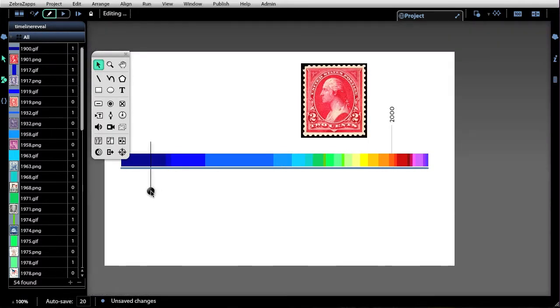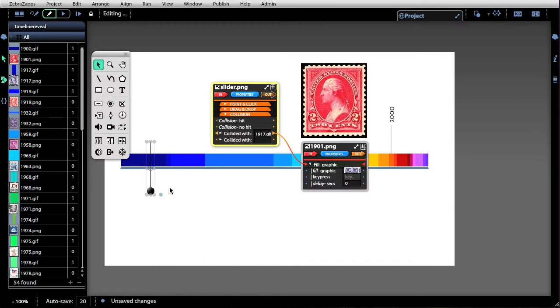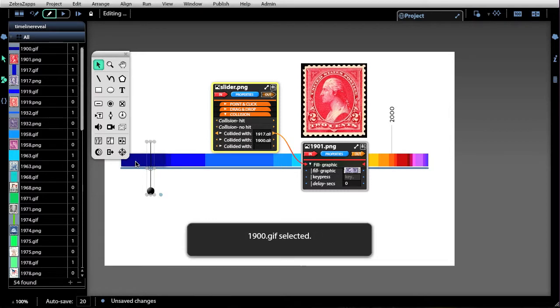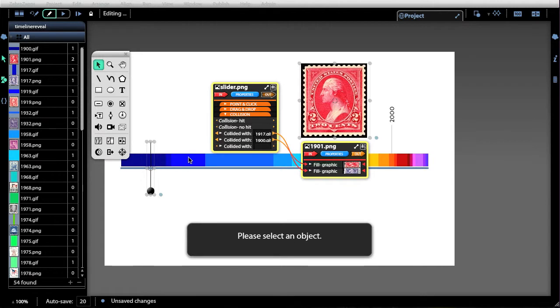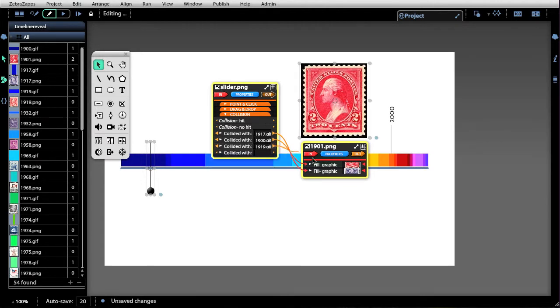So in order to do that additional switch, we need to go back and add another collided with, this time when it collides with 1900. And so we'll do the same thing. We're going to come over here and add a new fill graphic ribbon, and this time it takes the current value, so that's fine. So we just keep doing this. We're going to add another one, which will be the 1919, and on that one we'll create a new